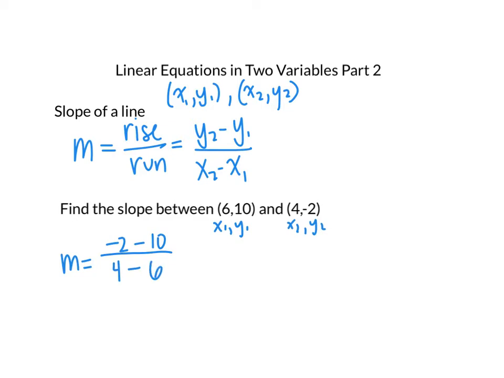So whenever you're doing this, it doesn't matter which one is x1, y1, which one is x2, y2. It just matters that they're consistent. So we have 4 and -2. It should be 4 and -2 on top of each other. 6 and 10. And then we have 6 and 10 on top of each other. Okay, so they should be aligned. Simplifying this, I know that -2 minus 10 is equal to -12. 4 minus 6 is -2. So my slope is